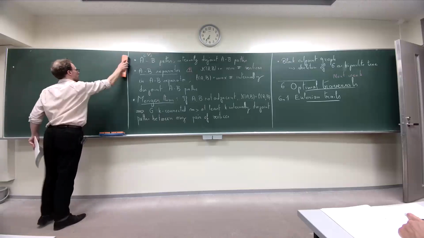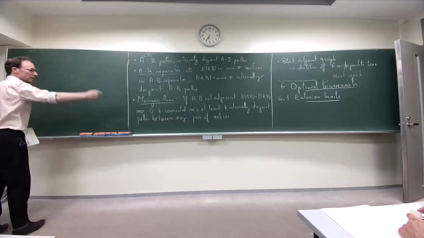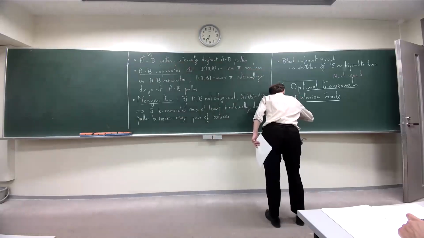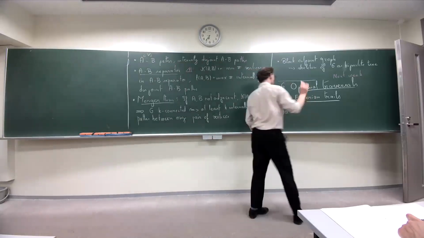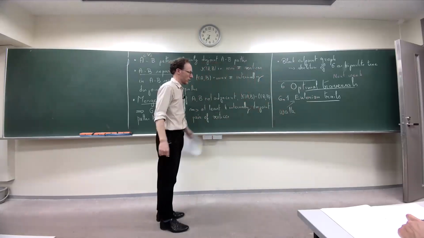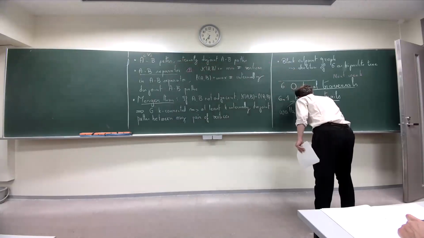This is just a reminder about Eulerian trails. First, it's a walk. With a walk, you don't have any constraint. You can go back, you can visit one edge or one vertex many times. So it's a walk through